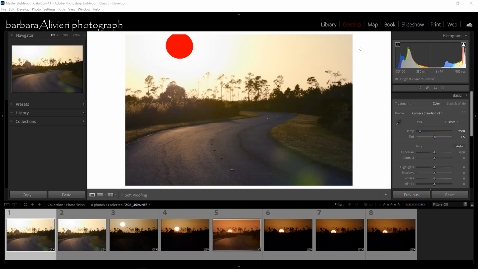Depending on how wide you are, this is not a wide angle shot. This is a very zoomed in shot. This was shot at 380 millimeters. Now, if you're shooting with a 24mm lens, things will be a little bit different. So let's see here, where am I?